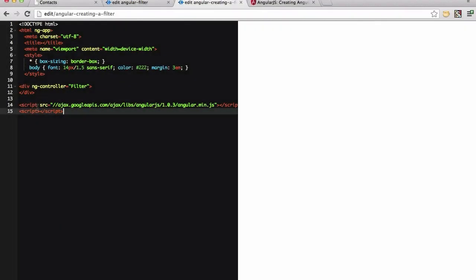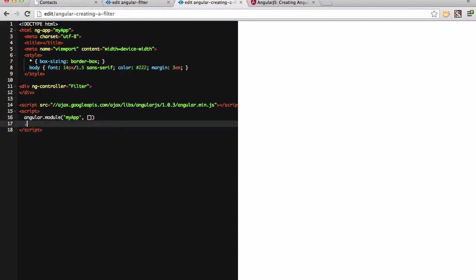So now we're going to build our own Angular filter. We're going to use the Angular modular syntax as well. So I'll set up a module down here, angular.module, and call it my app, and then include the dependencies in brackets, but we don't have any at the moment. Then I'll add the my app to the ng-app directive on the HTML tag. So say my app, my app,